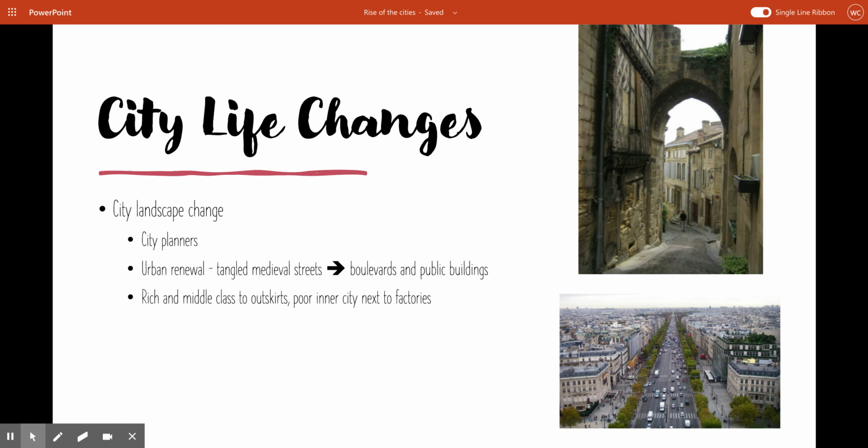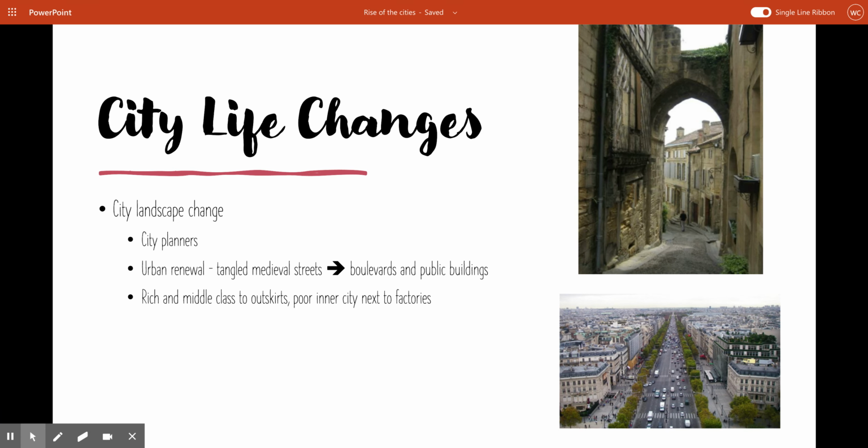So next, when you look at city life, one of the problems that they're running into, especially in these old European cities and even some of the older cities on the East Coast of the United States, like Boston, is that they just kind of grew up organically. There wasn't necessarily a plan. It wasn't a planned city. It was kind of like, well, we'll just keep building in this direction.